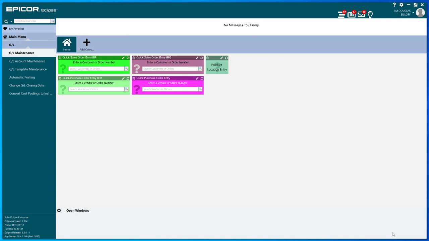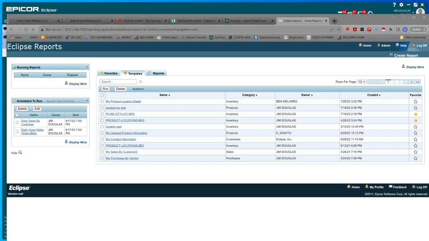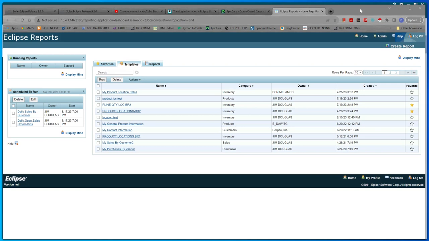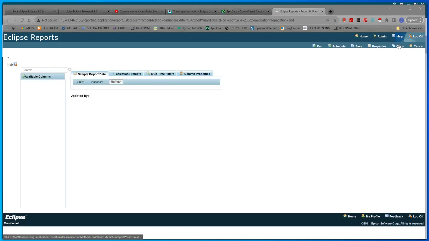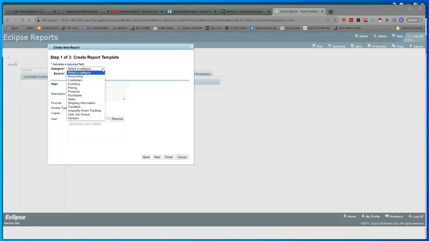So before you go anywhere else on this matter, you want to go ahead and create a report on what GL accounts you have. There are a couple of different ways of doing this, but the simplest and most obvious one is to use the Eclipse web-based report writer, which is this tool here, and go ahead and create a new GL report template. So we go ahead and here in templates create a report, and we're going to select the accounting category and general ledger information